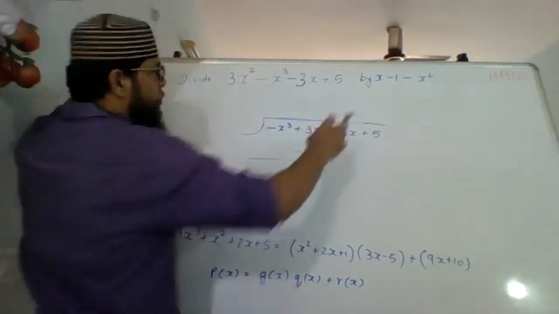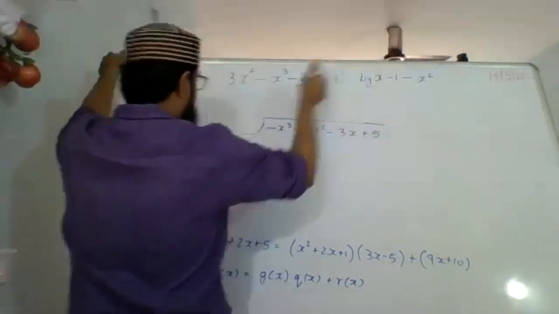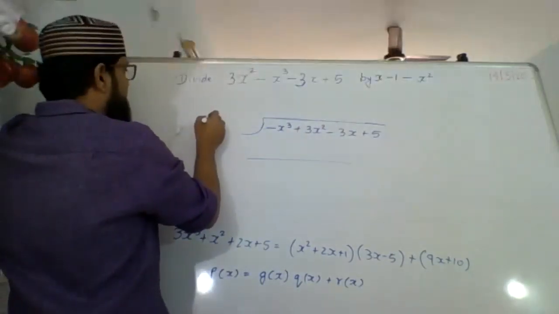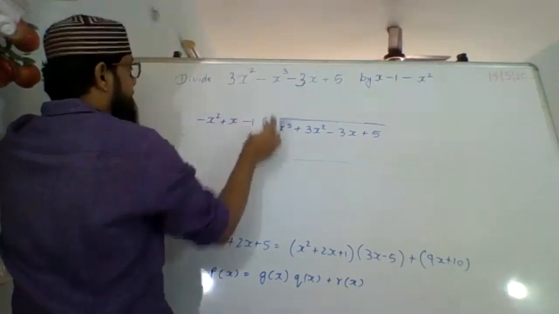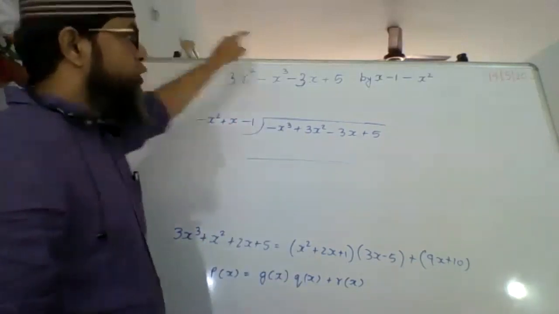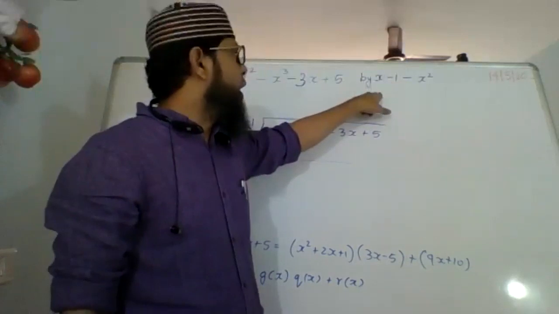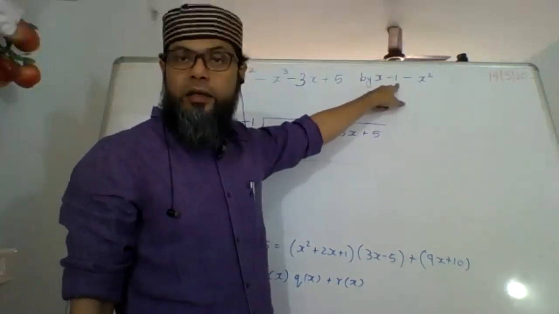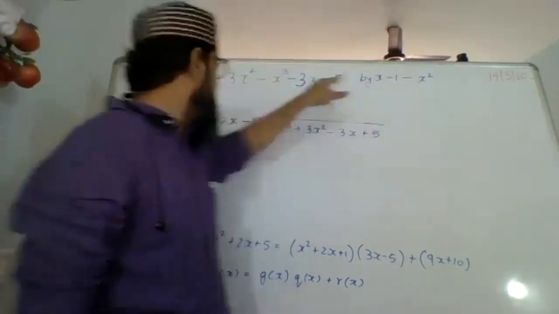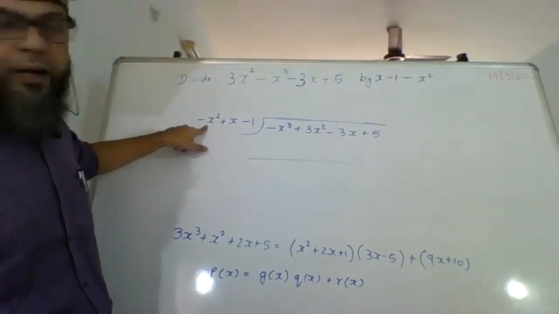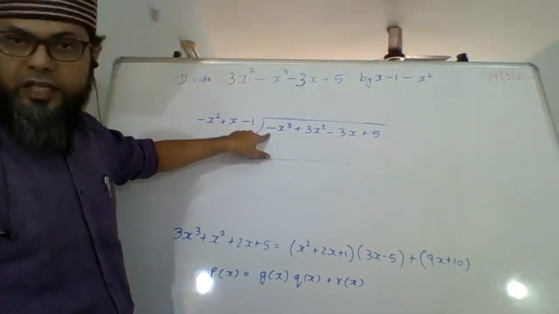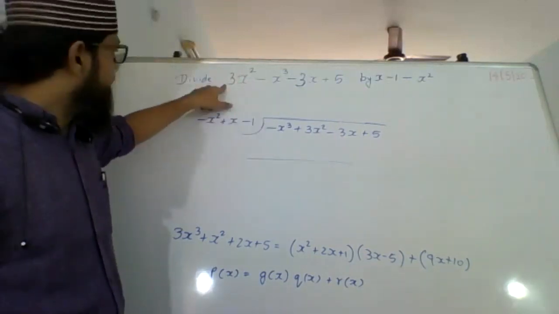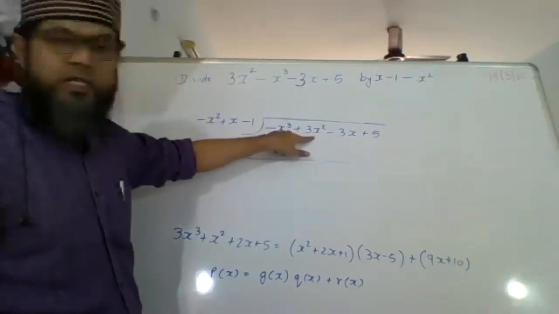Same thing I'm going to do for the divisor. Again, I want the square term first, so minus x square plus x minus 1. Do not change the signs. x square को पहले लिखा है, इसका मतलब ये नहीं x square minus x minus 1 नहीं, x square का साइन minus है, तो यहाँ पर minus x square ही लिया है. x cube का साइन minus है, तो यहाँ पर minus x cube ही लिखा है. 3x square plus है, तो यहाँ पर plus ही आया है.